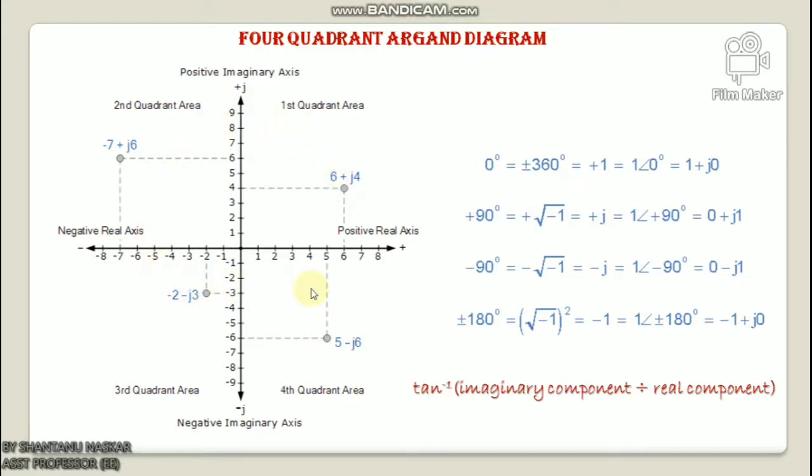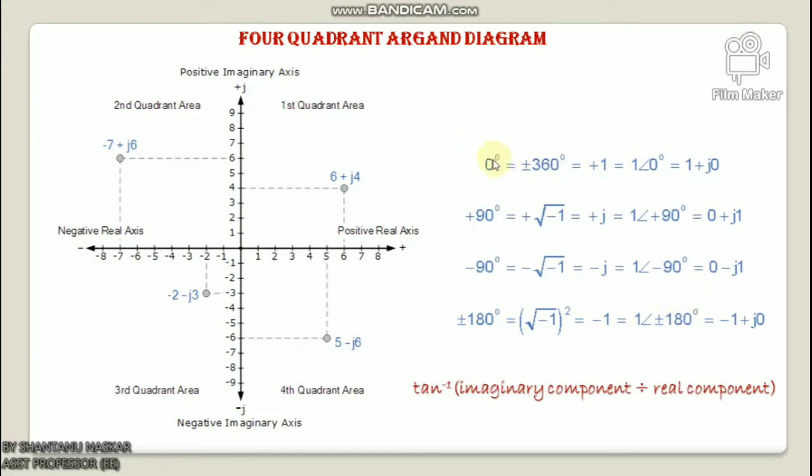and quadrant 4. This Argand diagram can also be used to represent a rotating phasor as a point in the complex plane whose radius is given by the magnitude of the phasor. It will draw a full circle around it for every 2 pi by omega seconds. Then we can extend the idea further to show the definition of a complex number in both the polar and rectangular form of rotation of 90 degrees.